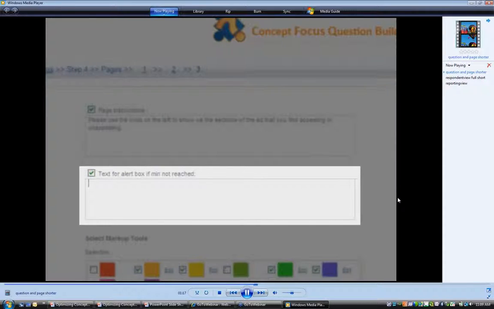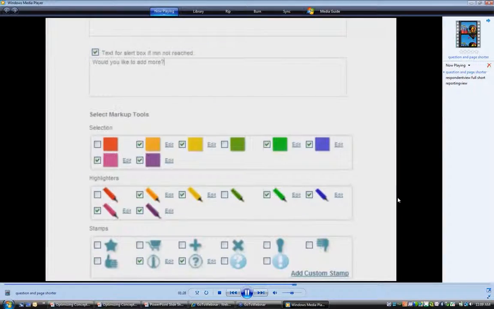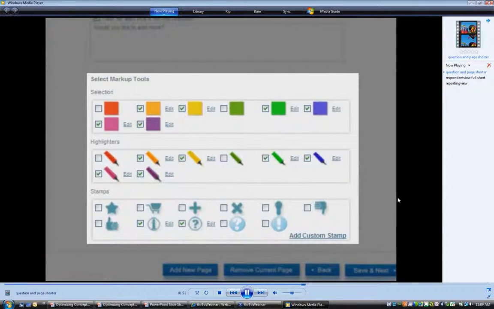We do believe in having soft requirements in terms of minimum. We have a certain number of answers we'd like people to give. We're not going to force them to give it, so we give them basically a nag reminder if they don't hit the minimum we want. If they don't have anything more they want to add, we allow them to move on.